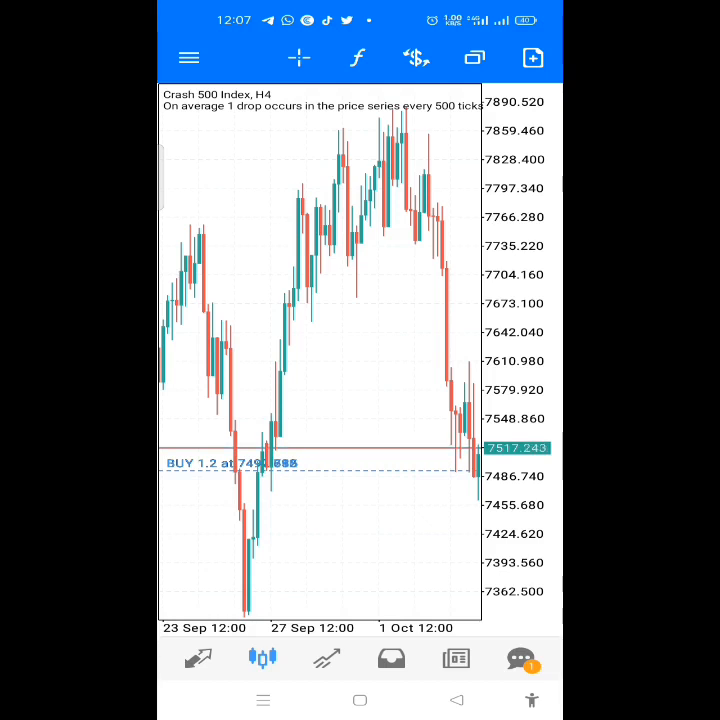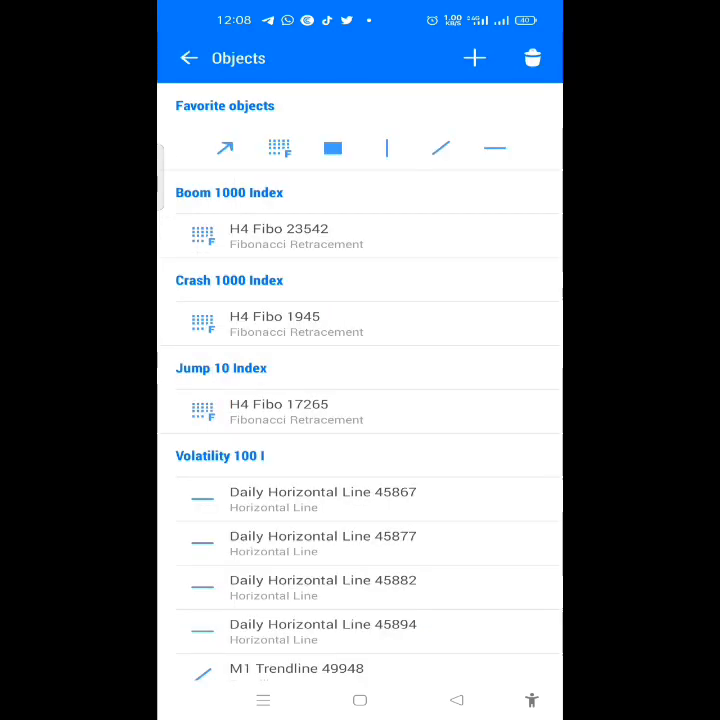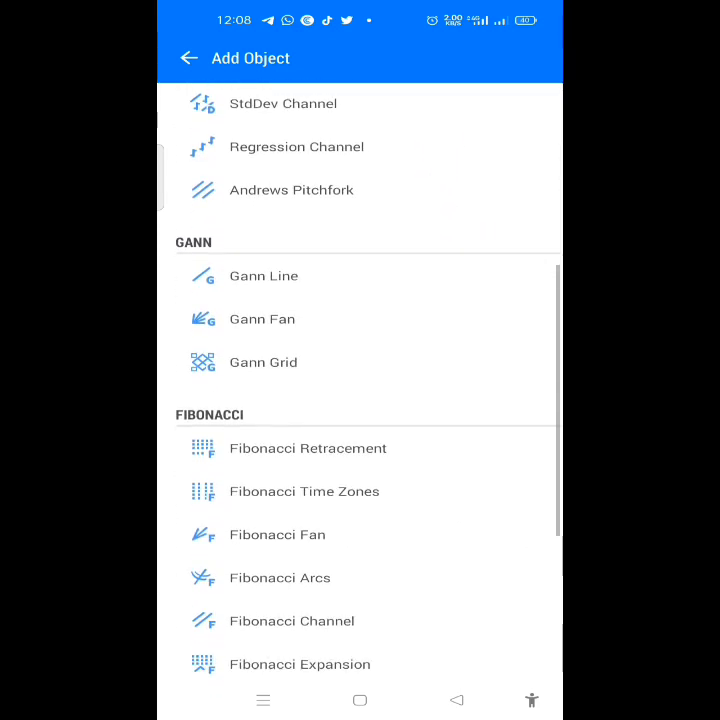Any pair you are trading, then you just go and pick the Fibonacci retracement. You will see it among the objects. If you don't have it among the favorite objects, you just click on the plus sign. But I already have it among my favorites, so I will just pick it there. You click on the plus sign, then you look for Fibonacci. You pick the Fibonacci retracement, not Fibonacci time zone, not Fibonacci fan, but Fibonacci retracement, because